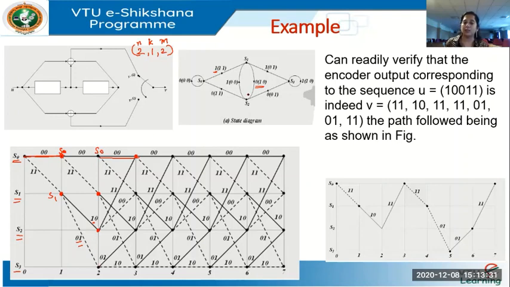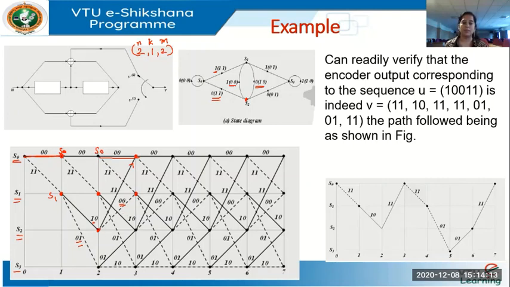You are in state S2 as you can see here and you receive a 0. You will be moving to state S0 here. You are in S2, you receive a 0, you go to state S0, solid line. The code bits output are 1, 1, which is written along the branch. Similarly, you are in state S2 and you receive a 1. You move to state S1. Here we are moving to the top again. We move to state S1. It's a dashed line. The code bits output are 0, 0, written here.